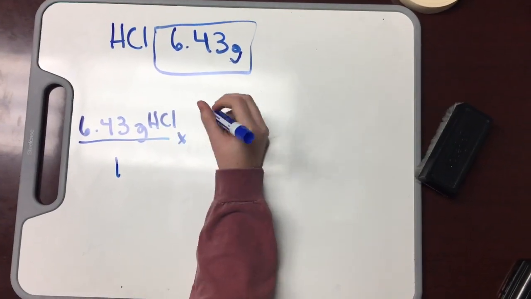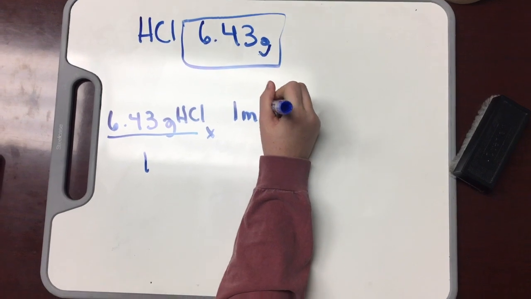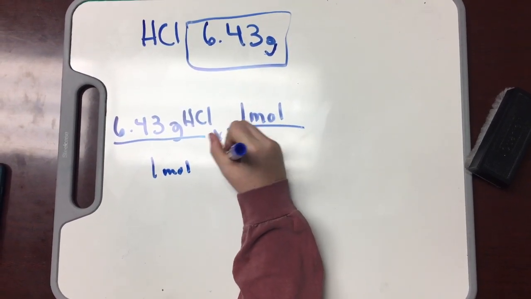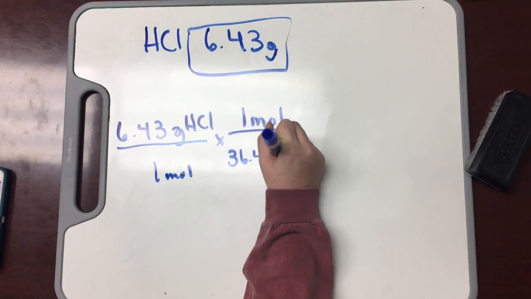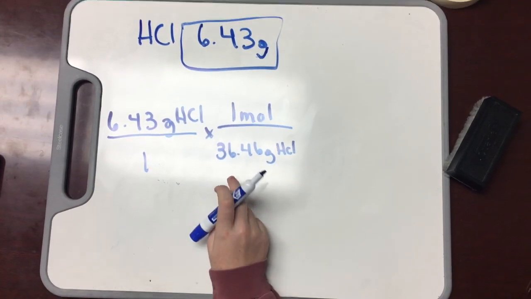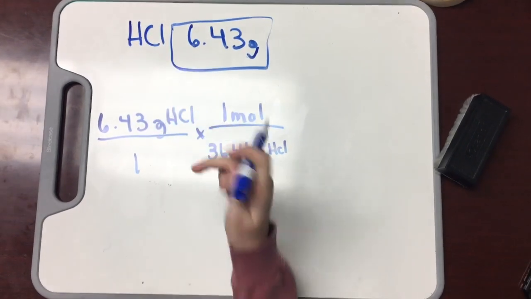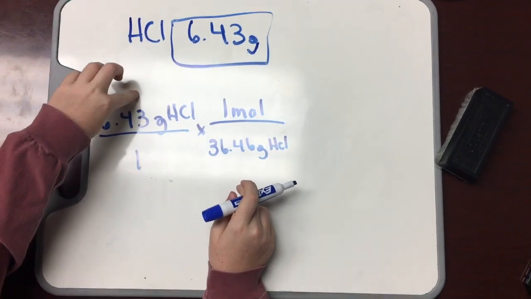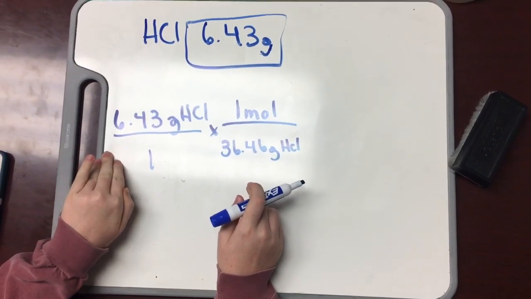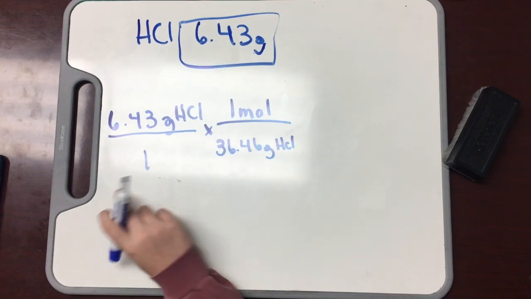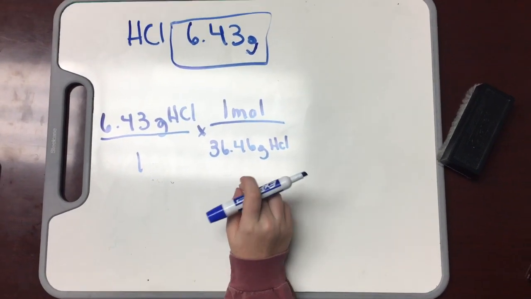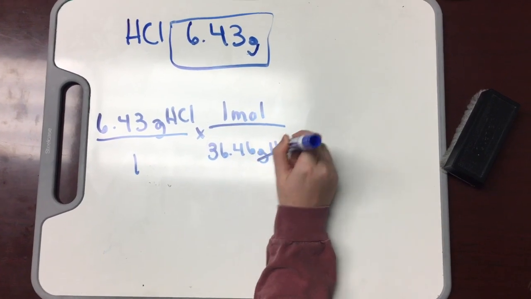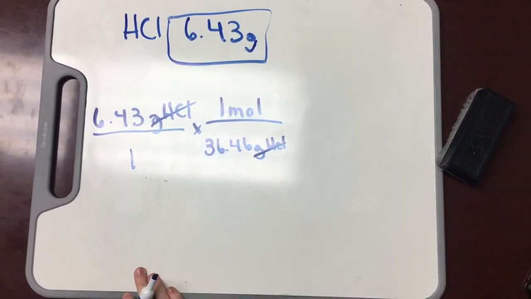Then you're going to do times 1 mole, and this is a mole too, over 36.46 grams of HCl. This is the atomic mass that we found from HCl, so you're going to plug it in down here. And why you put this here and this here, because you always put the number that they give you in the problem first. Then you always put the atomic mass that you find. So since we're not finding mass, we're going to cross these out because they're diagonal from each other, so we can get to